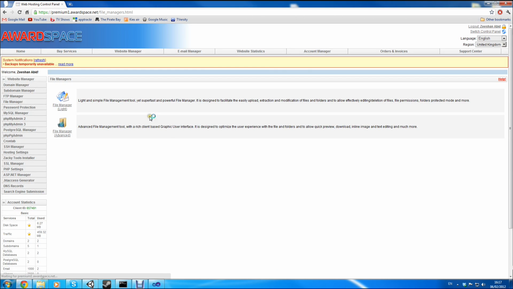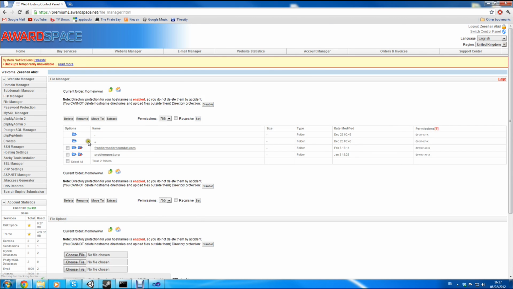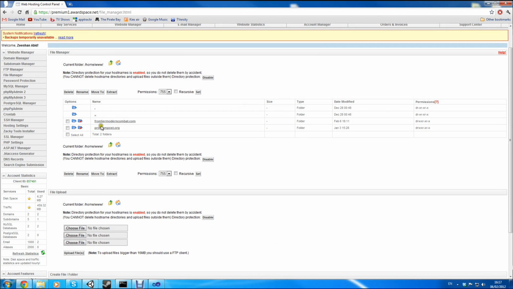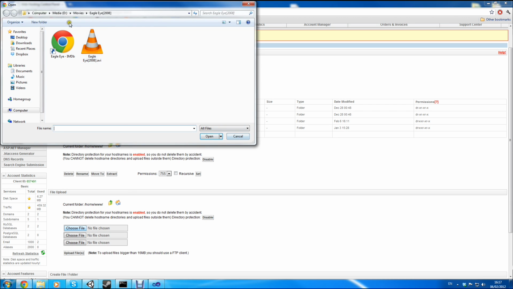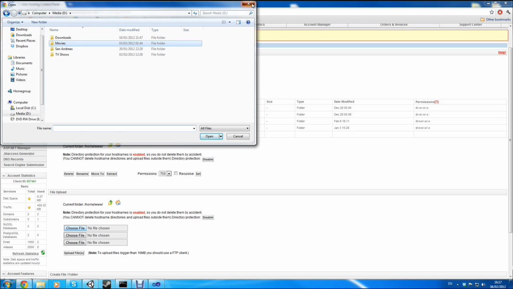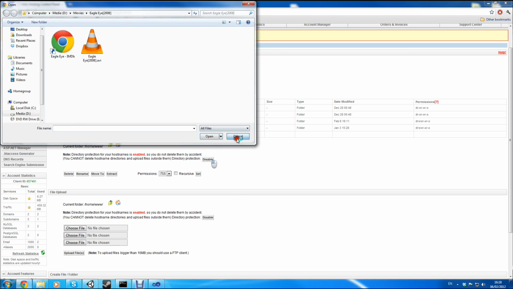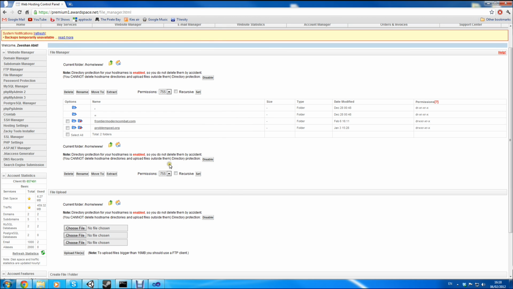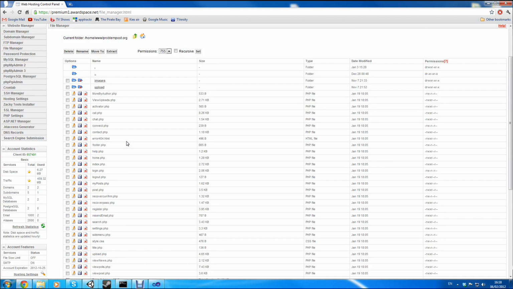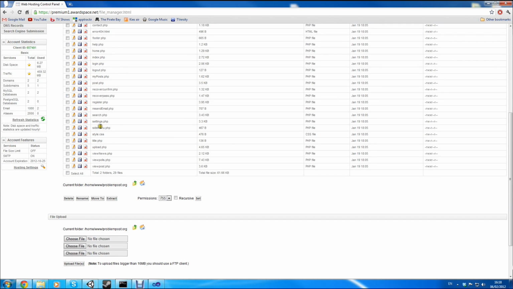But with File Manager, you can just basically go to File Manager Lite. You can pick on what website you want to put your files. Choose a file from here. Keep in mind that you can't pick a really big file, since you need an FTP. And you can't obviously pick a file that's bigger than 250 megabytes or something, since you don't have that much if you used free. So that is pretty much it. You can upload files. As you can see, I've uploaded a lot of scripts for the website,